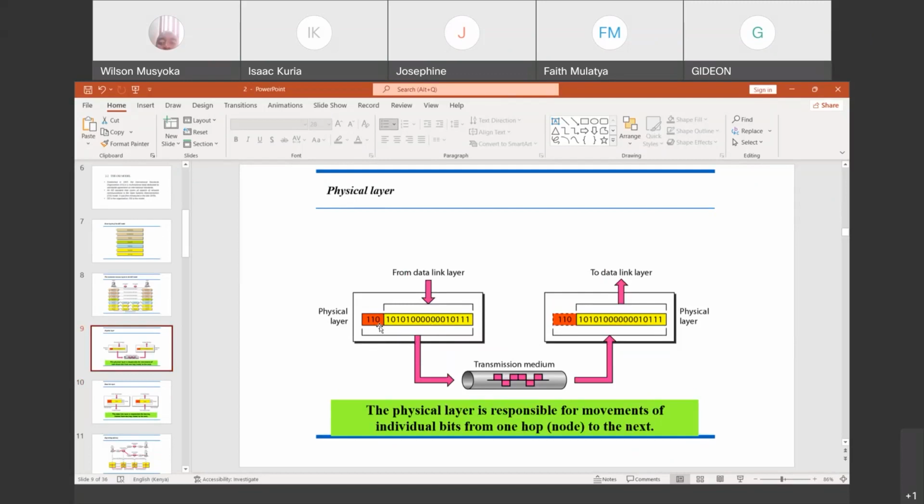So one bit will be converted to maybe, and we normally use the direct current. So we are talking about voltage levels of 5 volts or no volts. So one bit can be converted by using different encoding schemes like return to zero, or Manchester encoding schemes.